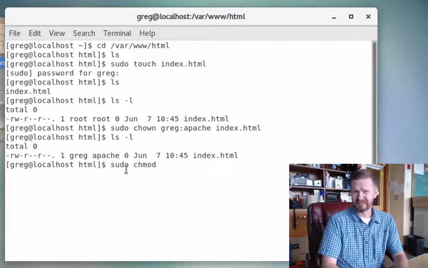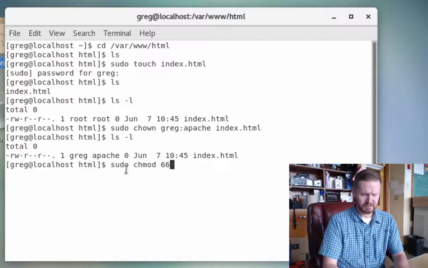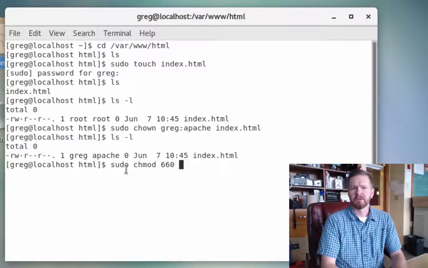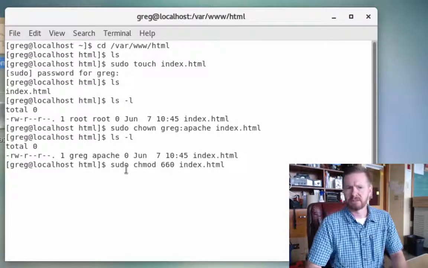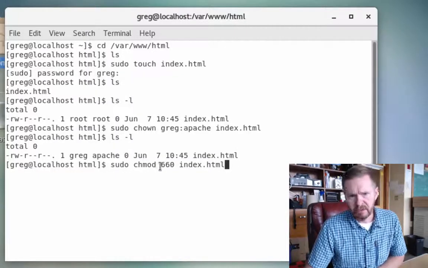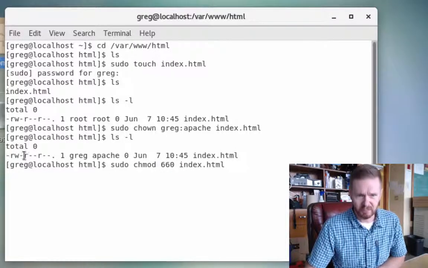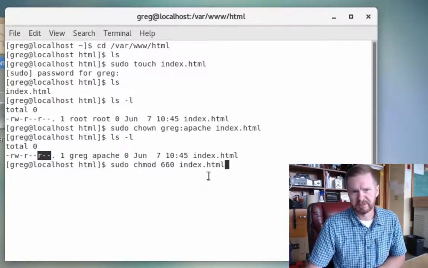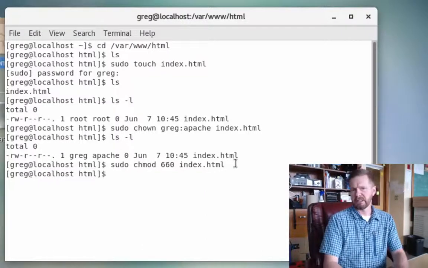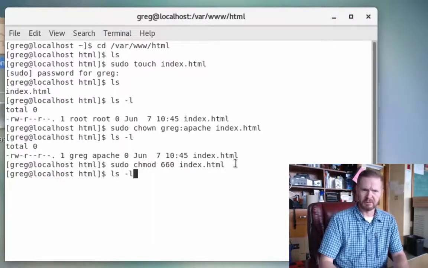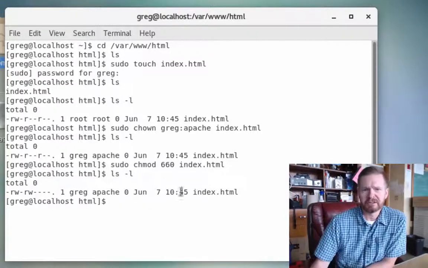Let's do 6, 4, whoops, sorry. Now let's do 660, and let's make those changes to index.html. Now these numbers, there's 1, 2, 3, correspond to 1, 2, 3. So we're going to apply that, and then we're going to list and look again, and you can see that